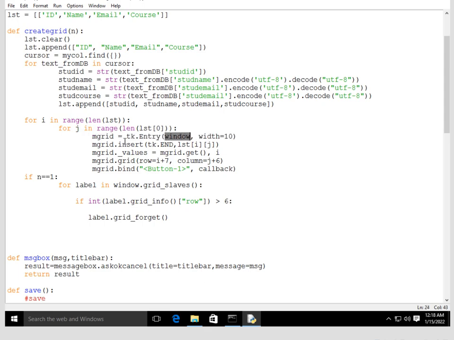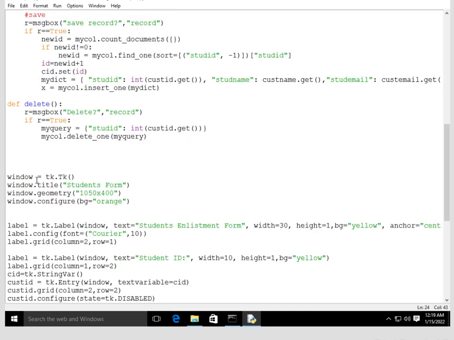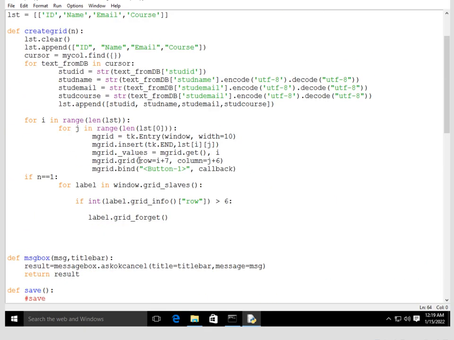Window, meaning we're going to insert this text input inside our window form or GUI. And then we have our insert. This one will insert the value that we appended here to our entry. Since we have a text field entry, it needs to have a value. The value is the values that are appended in our list. The purpose of this statement is that every time you click this text entry, we're assigning the values to a variable, which is